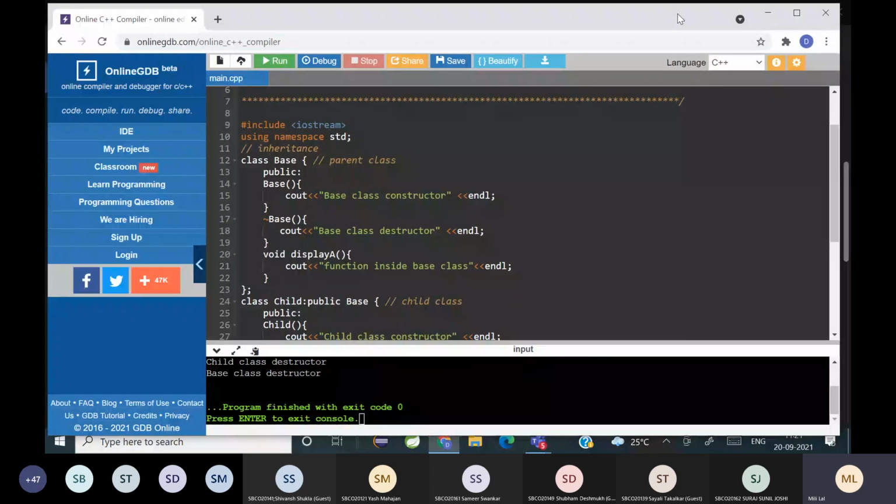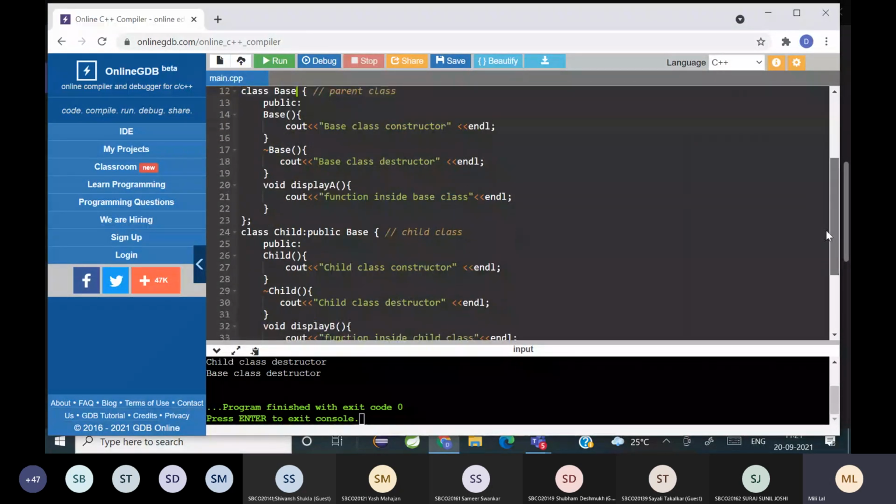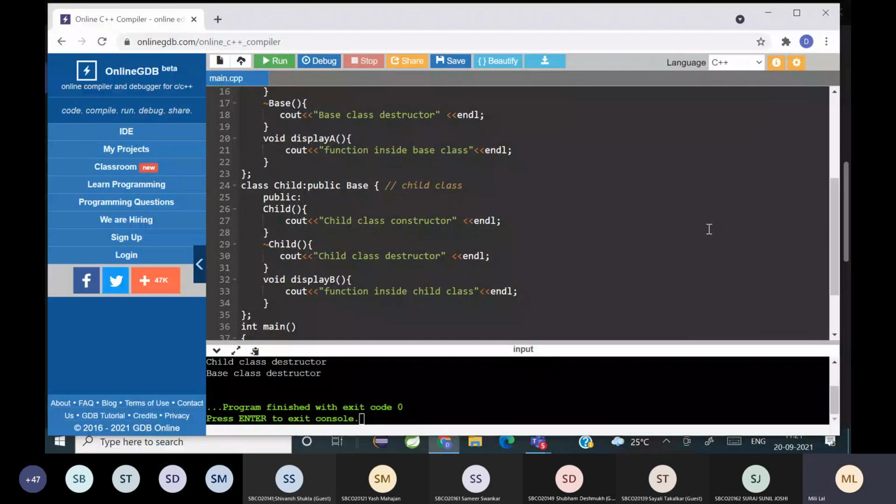Now just see the changes I'm going to make. I have a base class and a child class. Let me call this child A, and I'm going to copy this child again.